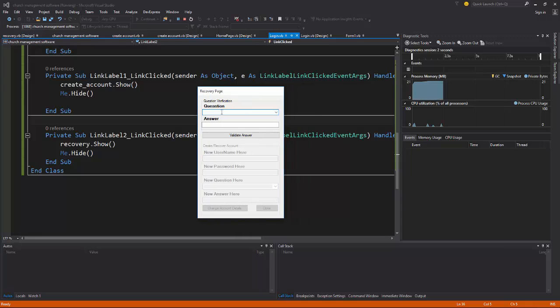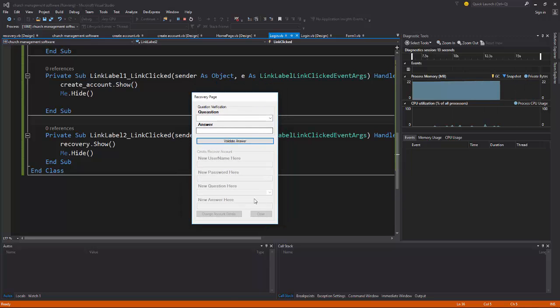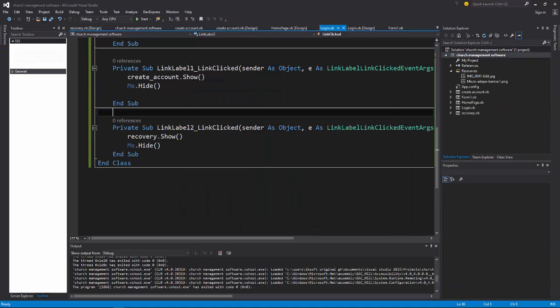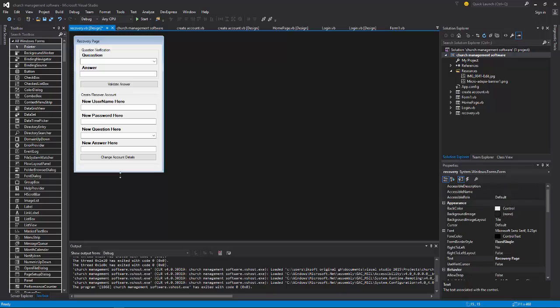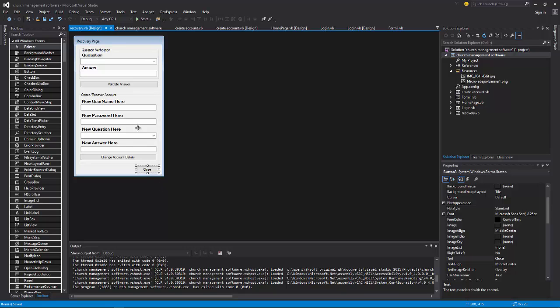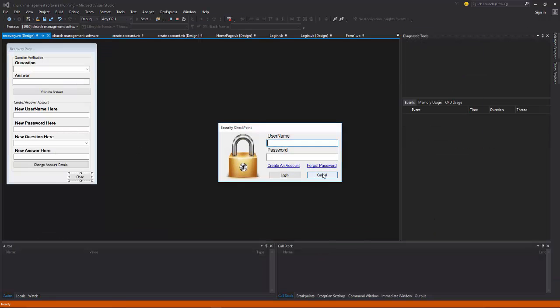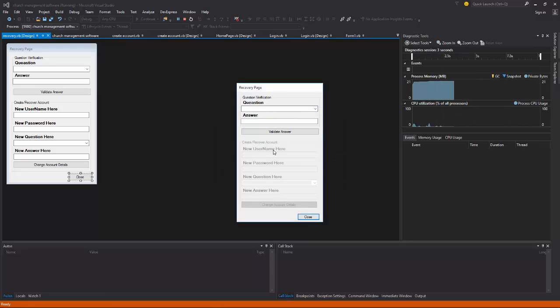Okay, so there you go. You have the question and then you have the answer, and then you can validate to see if it is the correct answer. All right, now you can't close it. Let's see how best we can work along with the close, right? I think the close should be outside it. Yeah, let's paste it here. All right, so I think I'm good to go. So now I can close it without the access of these. So without confirming